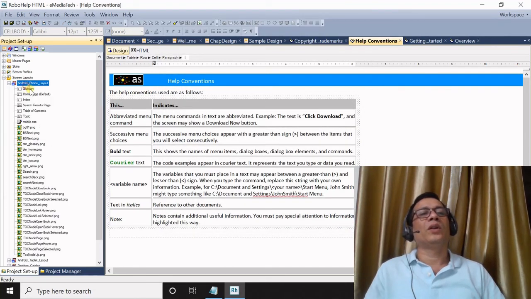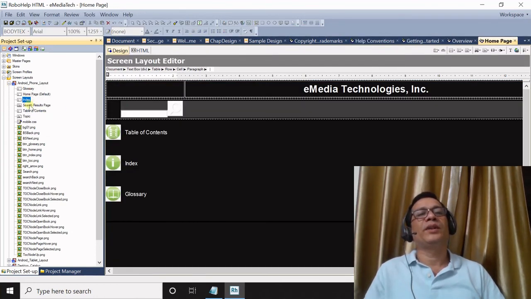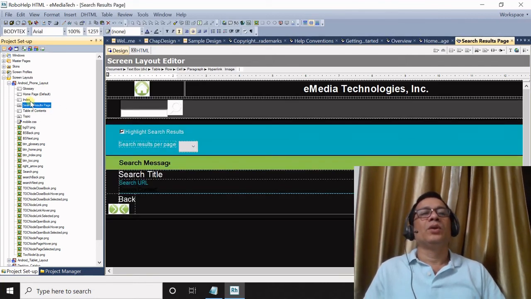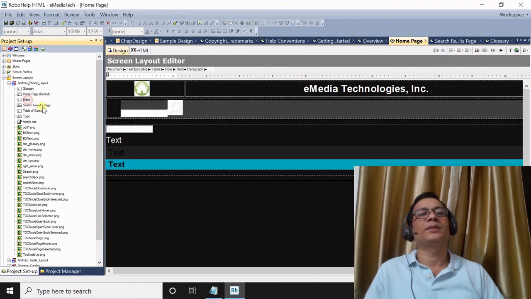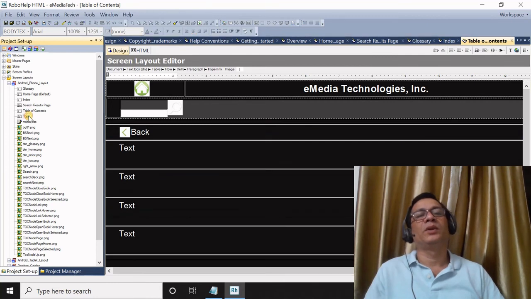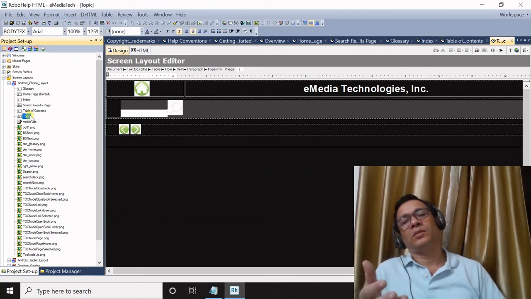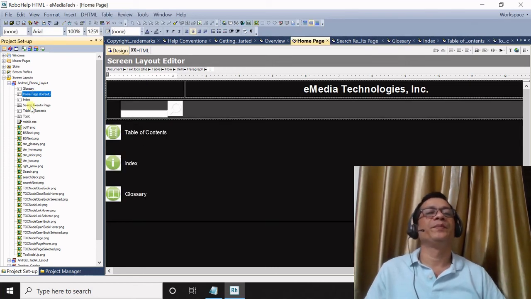Then for screen layout, you have a screen design for handheld devices like mobile or tablet. Here you can change glossary, home page, index, search result page, table of content, and topic. Topic is for the help pages, and home is the default page.